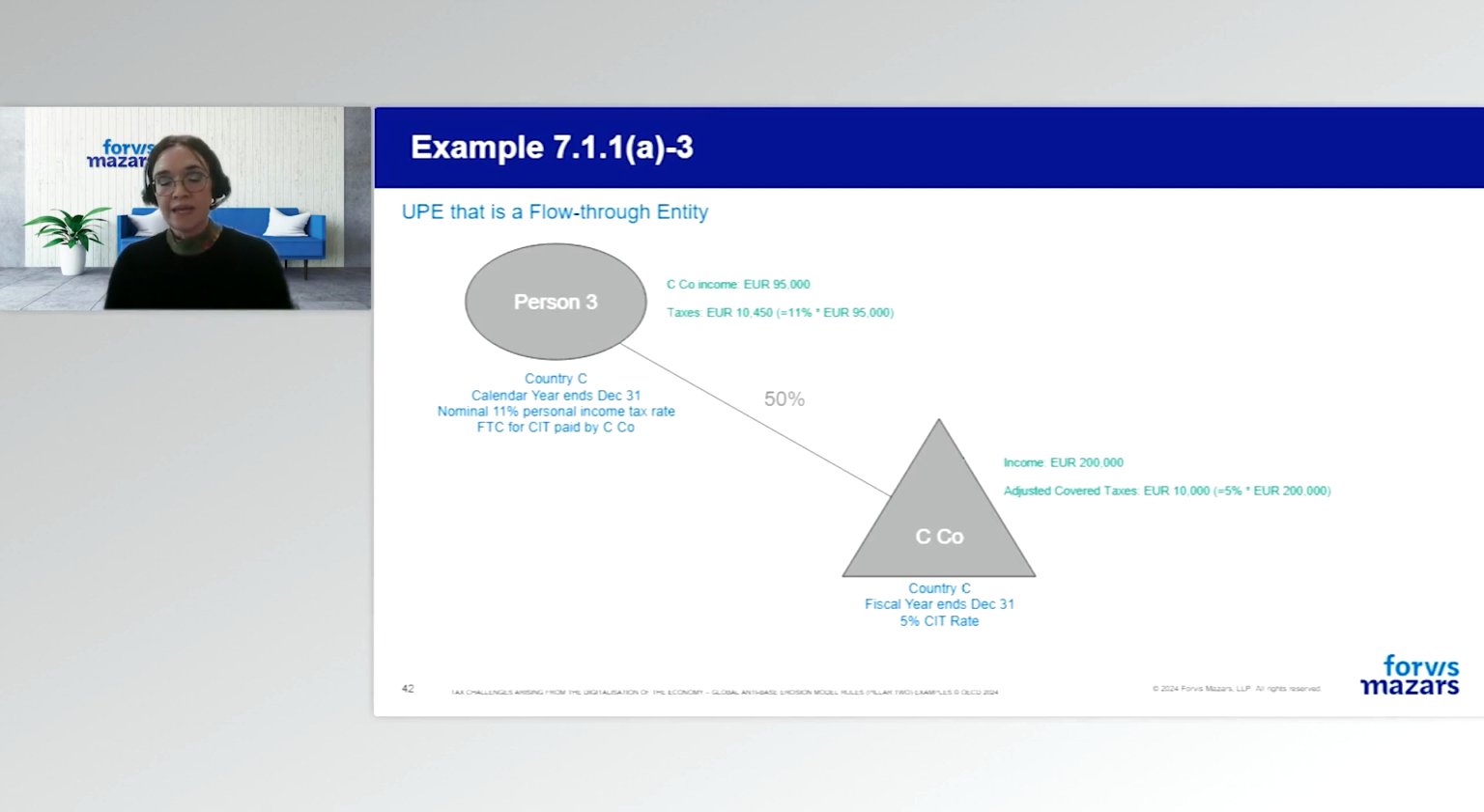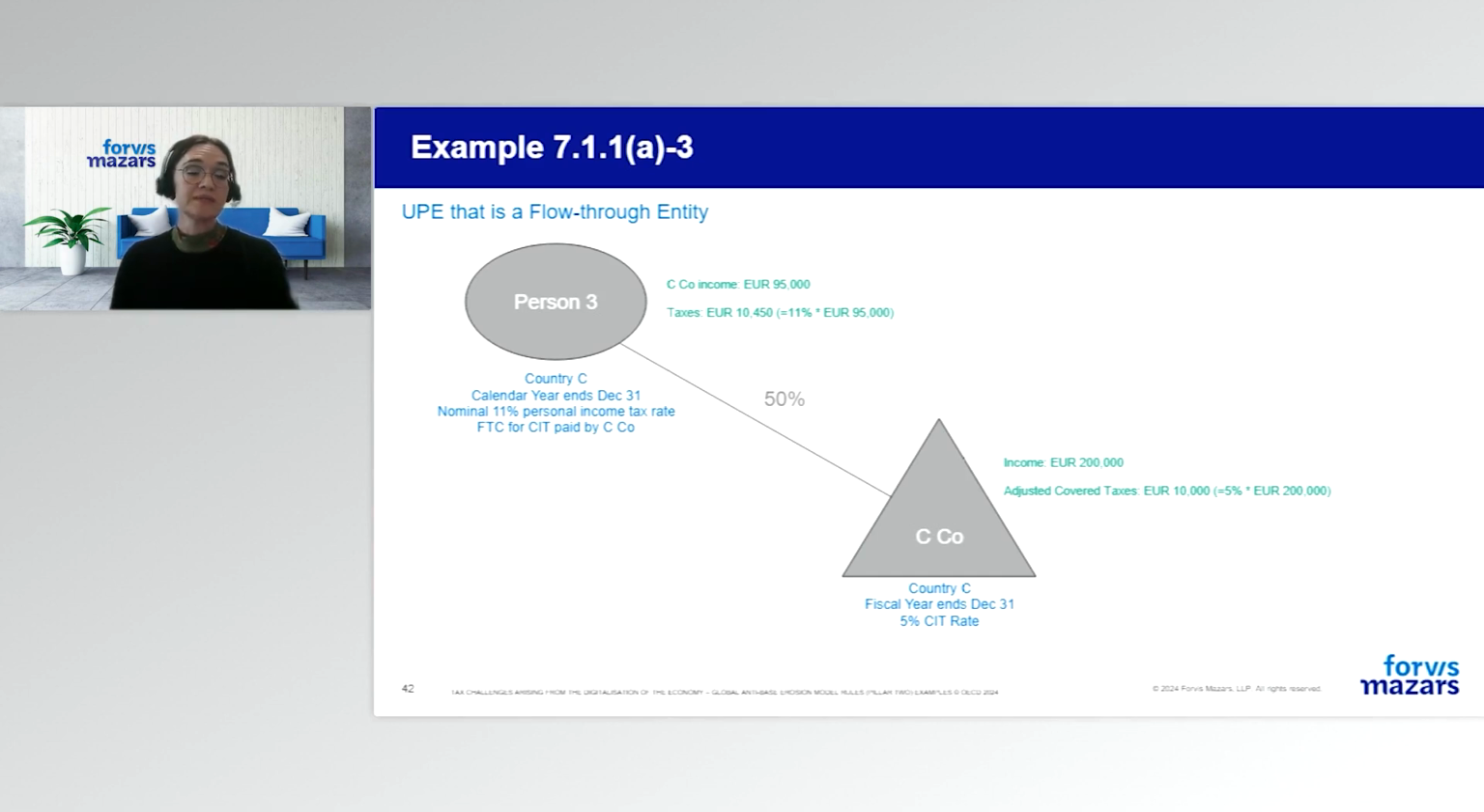Now, this is the same example, but person 3 is allowed a foreign tax credit for the taxes that are paid by SECO. And this amounts to the amount of tax paid being less than the minimum rate. So SECO is not allowed to reduce the GloBE income by the net income taxable by person 3. And this is interesting from a tax planning perspective, because when you think about foreign tax credits and owners of